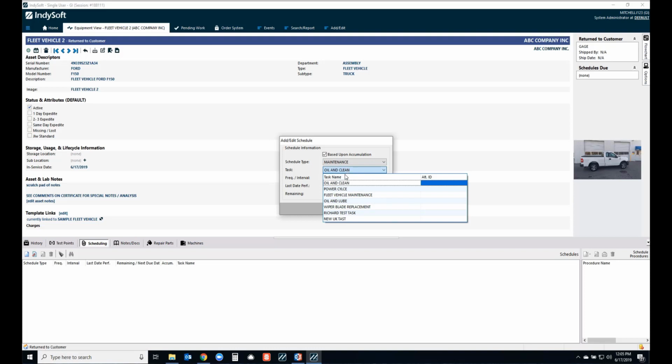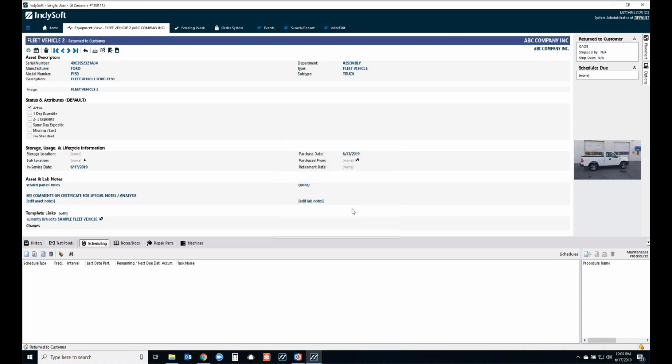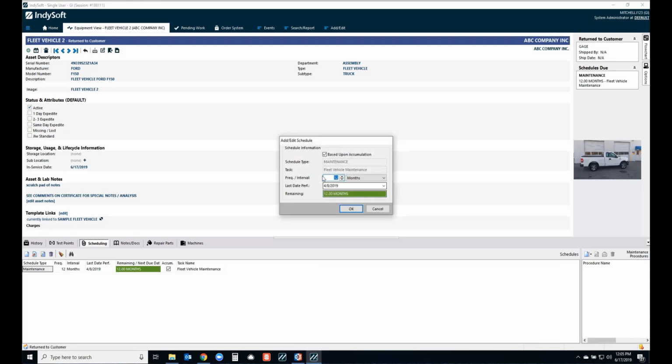So let's say we have a full fleet vehicle maintenance that we do once a year, right? What I'll do is specify this task, and again, these are already pre-configured in my system. And then we can set our frequency and interval on that task, and then if we know the last date that it was performed, so very, very similar to scheduling just like we did in the past. Okay, so when we select OK, what we're going to see, and on this particular one I chose accumulation,